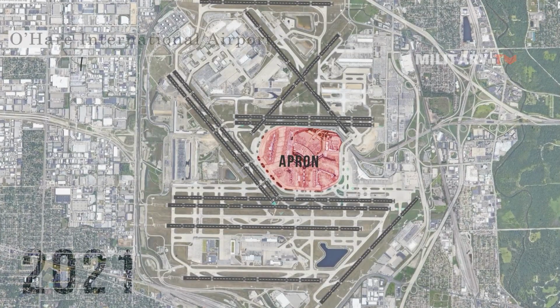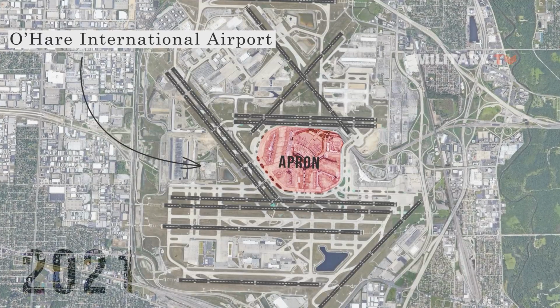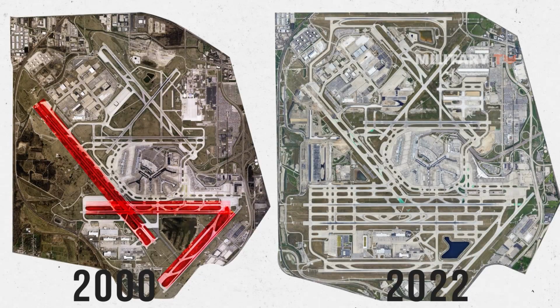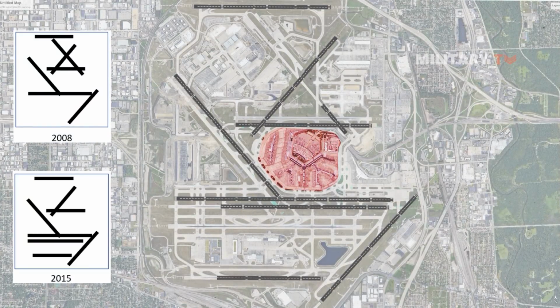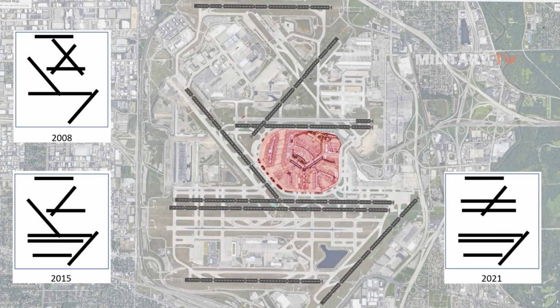A good example of this is Chicago O'Hare. The following scene shows the evolution of Chicago O'Hare's runway layout over time. This airport changed from a system of 3 pairs in 3 directions before 2000, followed by an additional parallel runway in 2008, and some additional improvement in 2015, into a system with 6 parallel runways and only 2 intersecting runways